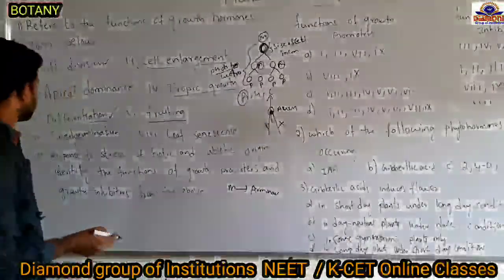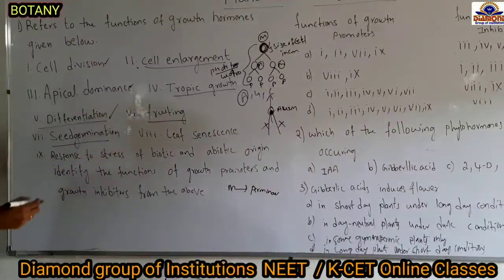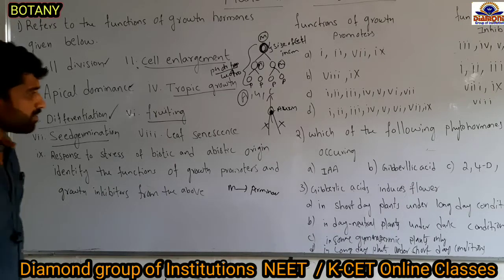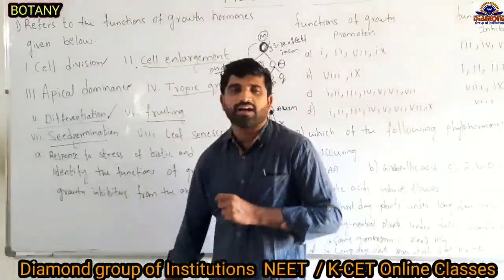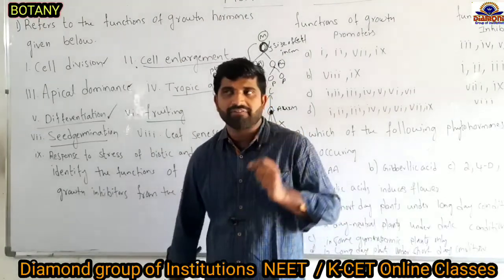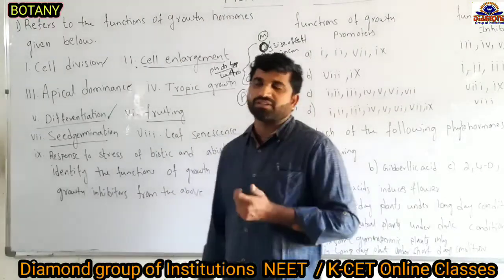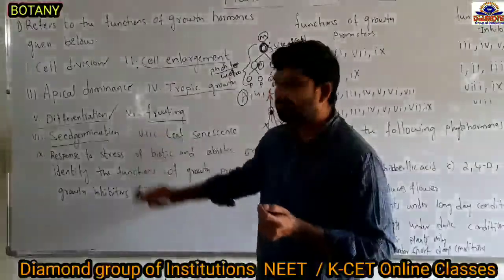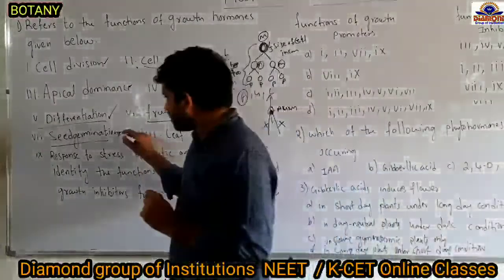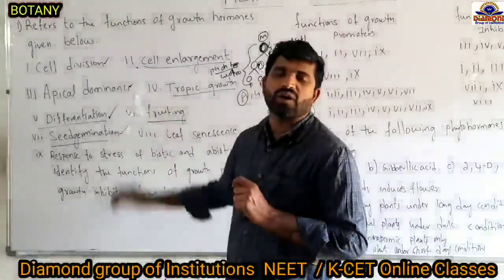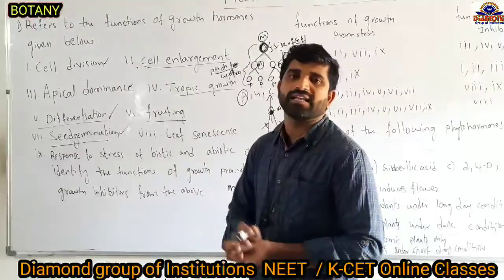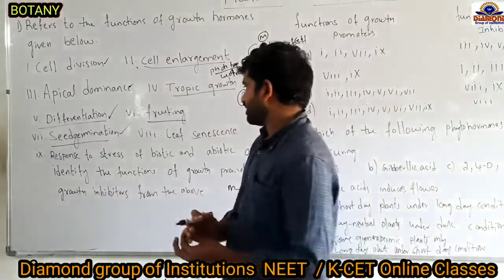Plant growth regulators. And here, 7, seed germination. At the time of seed germination, some physical interactions take place, such as entry of water into the seed, and the seed has the ability to produce a new plant. The seed produces a seedling. That formation of the seedling is called seed germination. Further, in seed germination also, phytohormones are involved. For example, we can see ethylene.